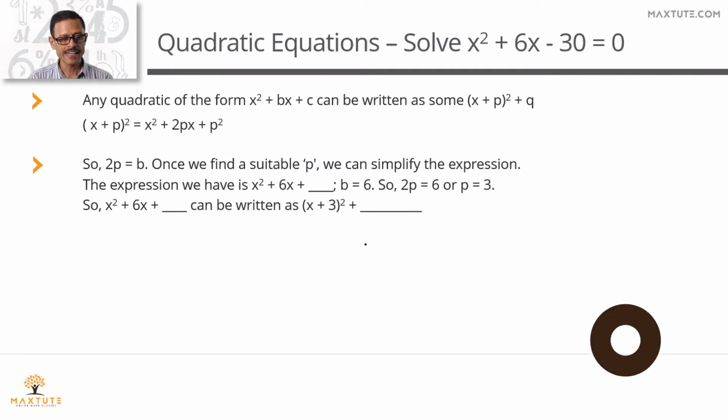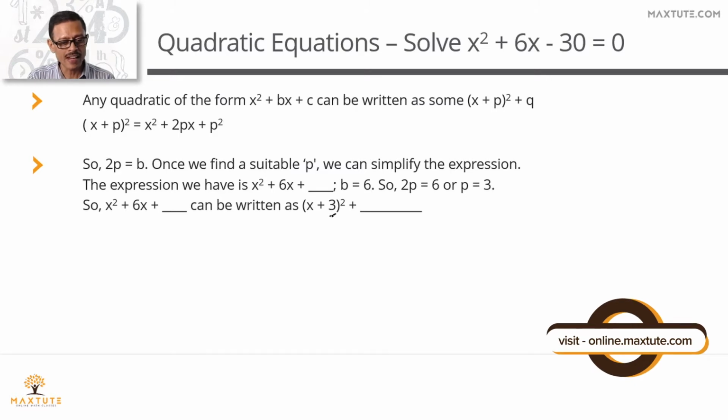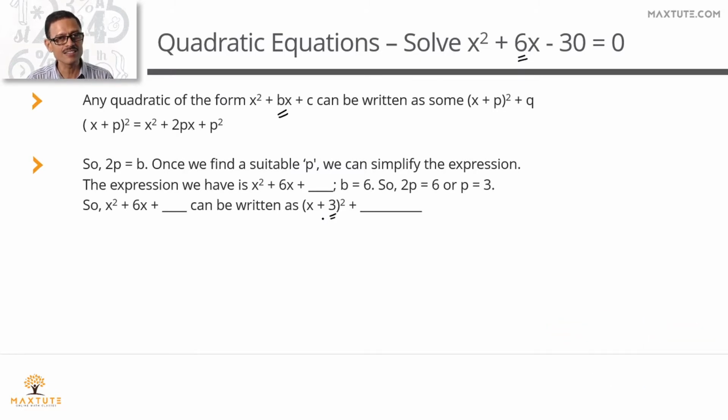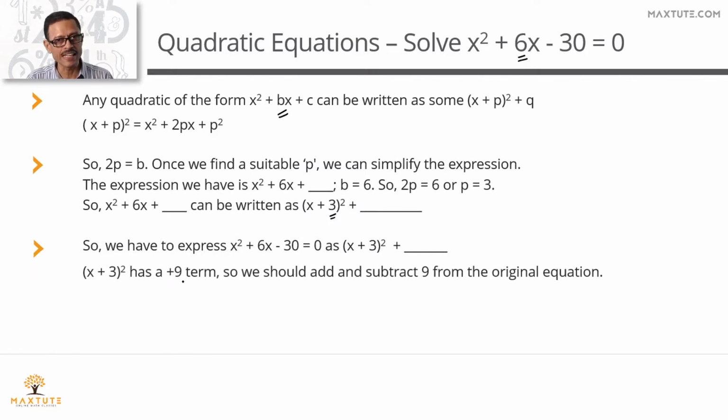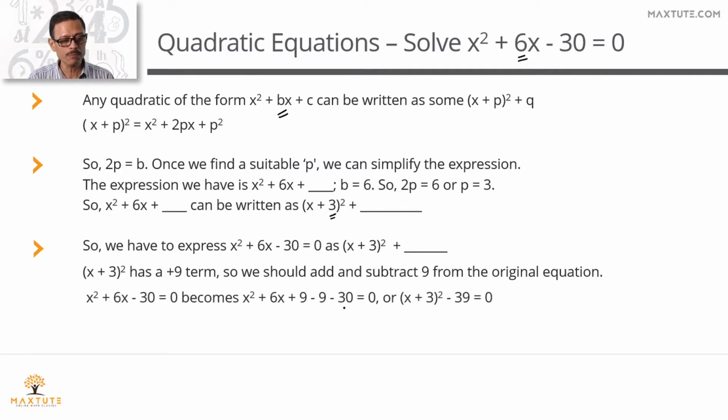Right? So the idea is to write this x square plus 6x as x plus 3 the whole square. How did we arrive at this 3? This is no magic. This 3 is nothing but always this b by 2. Here b is equal to 6. So 6 by 2, we are going to be writing this as x plus 3 the whole square. By writing it as x plus 3 the whole square, expansion of x plus 3 the whole square has a plus 9 term. Because we are adding a 9 in the form of p square, we're going to be subtracting a 9 from it. We added a 9, we subtracted a 9, and the initial minus 30 stays with it.